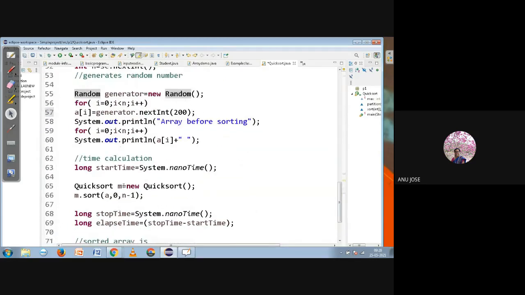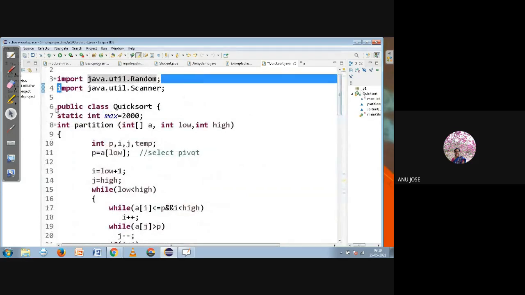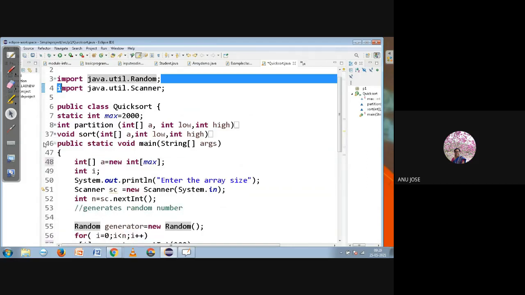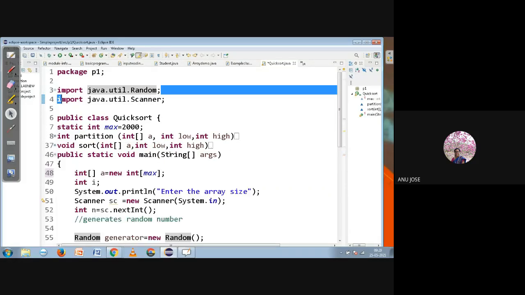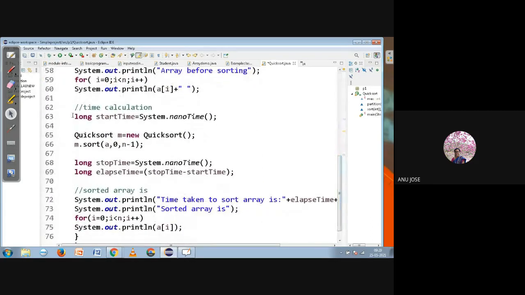Now we are calling the quicksort. The class name is quicksort; you can see public class quicksort. Inside that, which functions do I have? You can see only the main function, sort function and partition function. I have already shown you what the sort function and partition function are. In the main, I have read the input from the user, I am creating an object of the quicksort class and calling the sort function over here, where 0 and n minus 1 are the index values of the array.